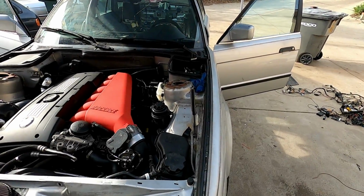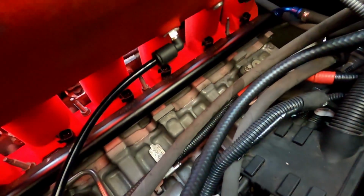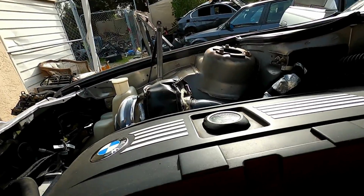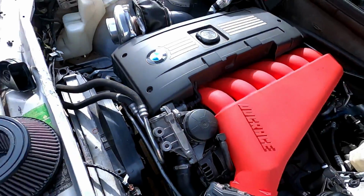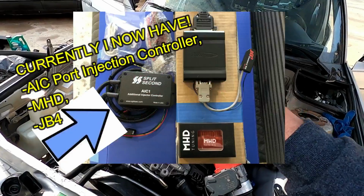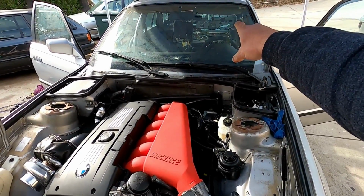But yeah, I have port injection. I don't know if you can see it down here. The throttle body. But I have port injection there. There's a fuel rail in there. And yeah, it's got 750cc injectors. So I need a port injection controller. Need to run the fuel lines. I got to figure out the fuel system